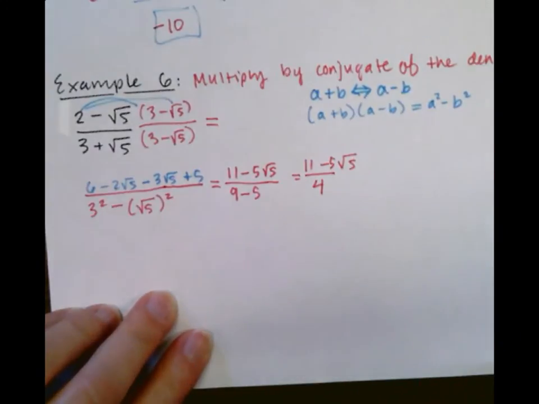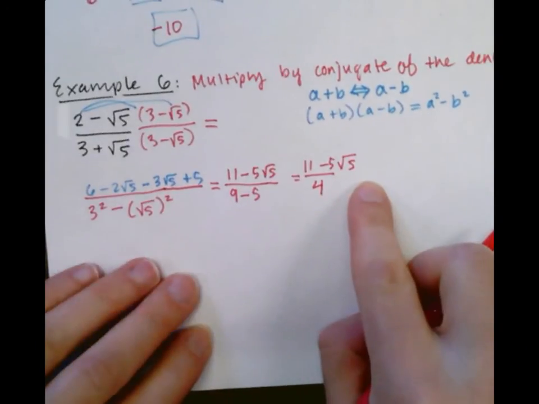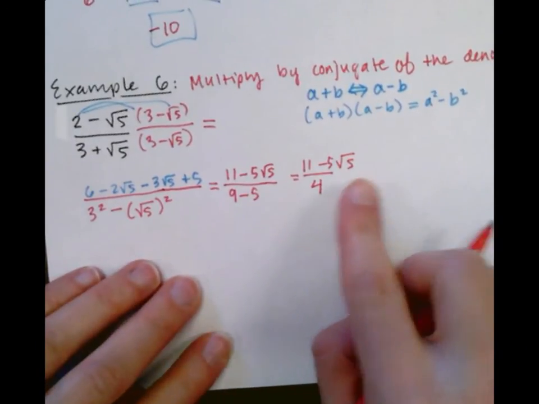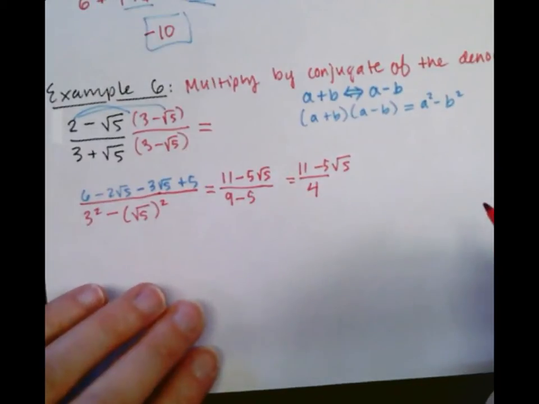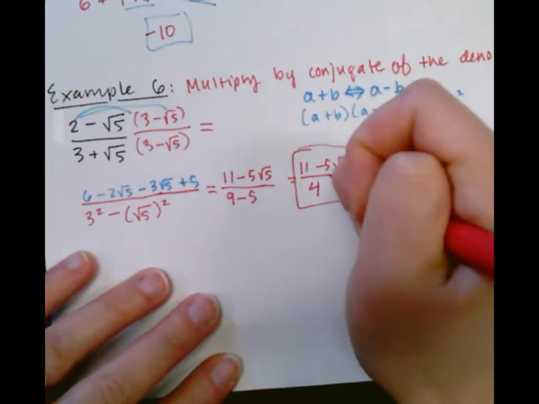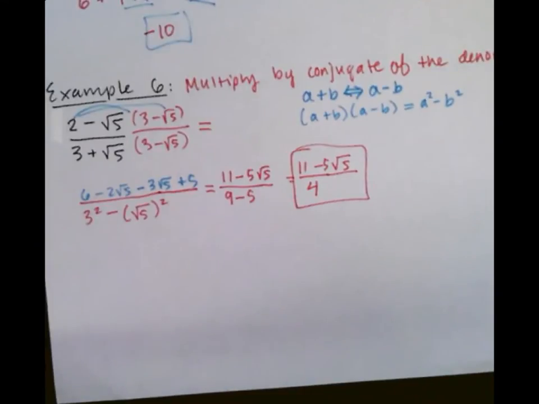And this would be the most simplified version of the radical expression. I could look and see if anything divides out between 4, 11, and 5, but it doesn't. So I'm done here. All right, so there are no U-tries in this